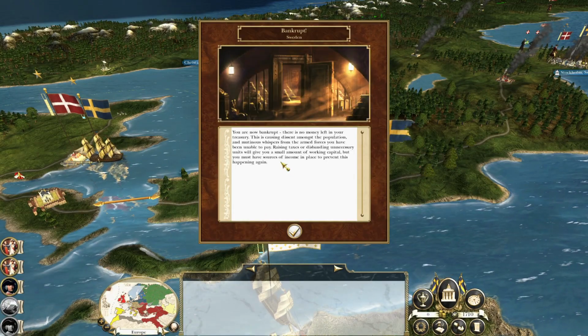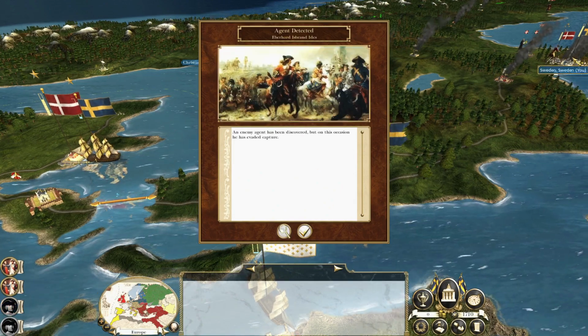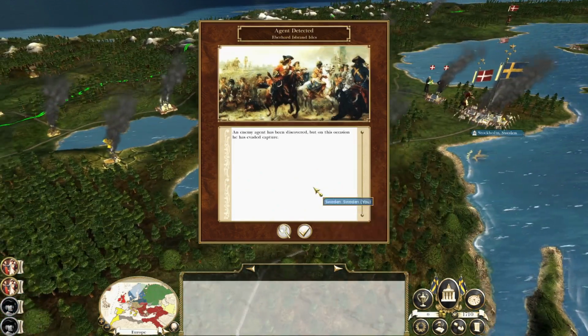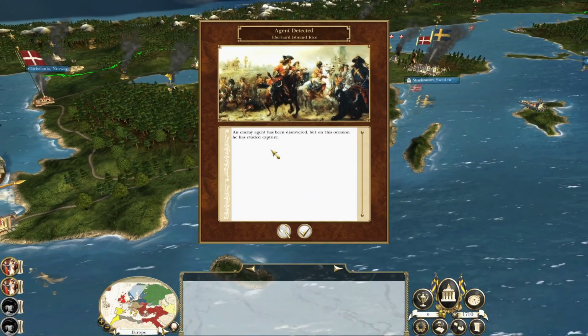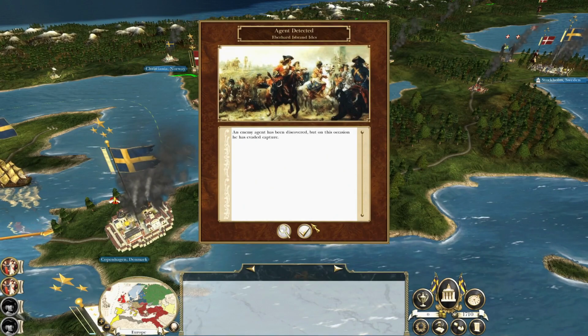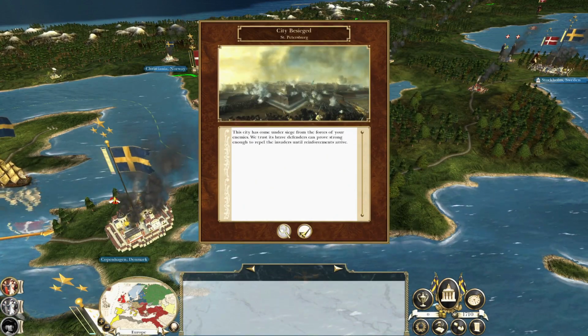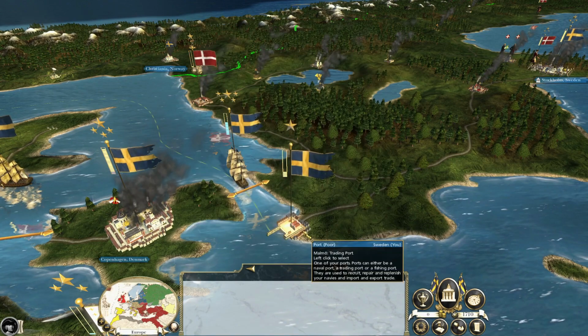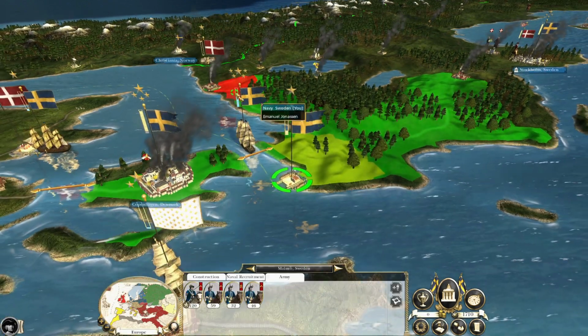Okay, so we're back after that end turn phase, and we're bankrupt again because we've been hit at Stockholm. As I ended the recording last time, I actually realised there was something I had forgotten to do. Well, two things I'd forgotten to do. One was to see if Denmark wanted a peace treaty. They did not. And also was to put some cavalry units in the port to prevent